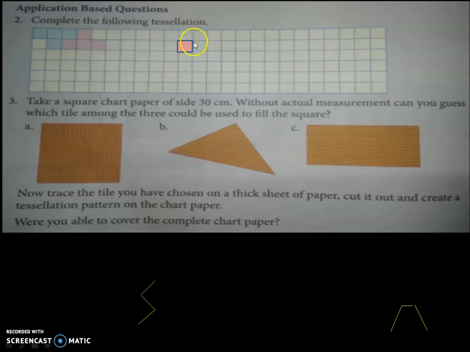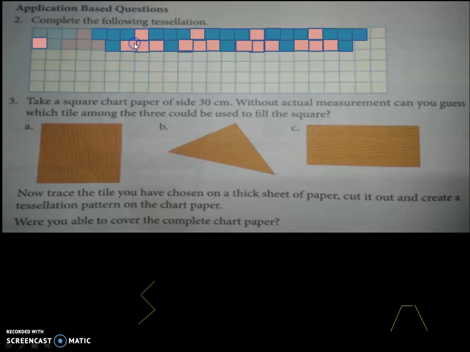And now this is given; even last year we did this. They will give you the style and you'll have to give your own shape with your own color in a different pattern. So like this they have started here. You'll have to follow and complete the full pattern. So I have done it, I'll show you. Yes, this is what I have done. You can complete it like this fully.